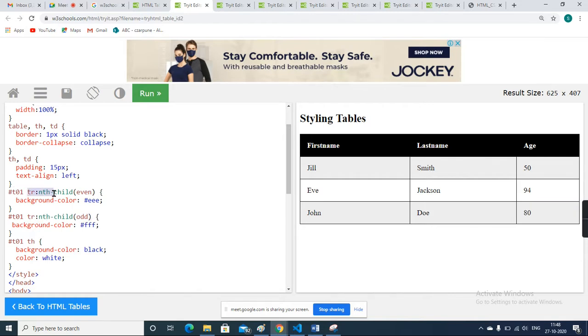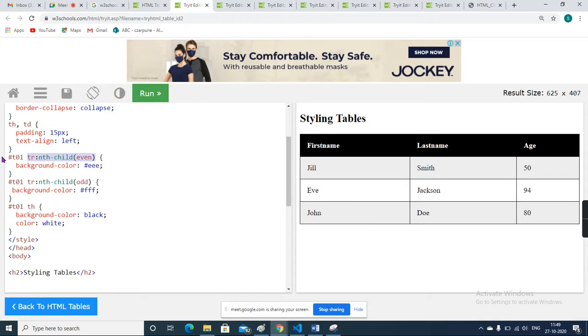In a table there are n number of trs, and of those, the even ones we need to color. Always keep in mind that while coding, if you want to give alternate coloring, you should not mug up or write down these things. The interviewer will not ask you to write this kind of code. Again I'm repeating, the interview just looks into your concept.